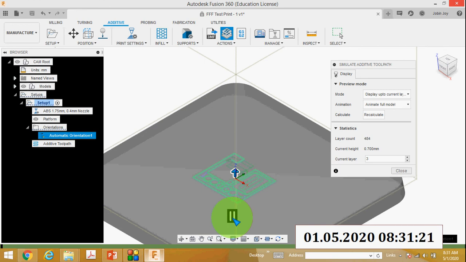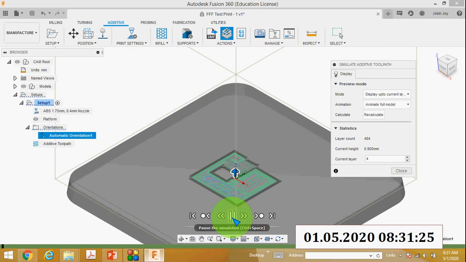Then if you want to see this, you just start the simulation. You can see the layer by layer activity.